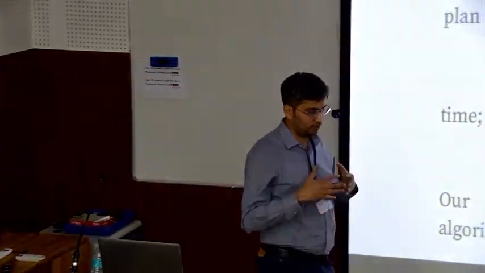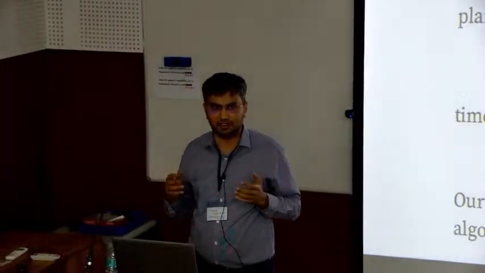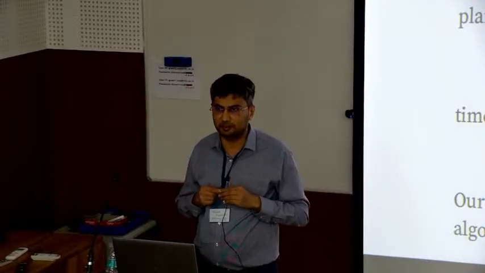Can you please go back to the slide where you had this bound n to the power 40 log delta? Yeah. So this n to the power 40 you just get because you are discretizing this entire volume. That's right. So we take 4n plus 1 shifts of the weighted Voronoi cell and then we overlay them and compute the arrangement. And so the number of cells in the arrangement is n to the order of d.